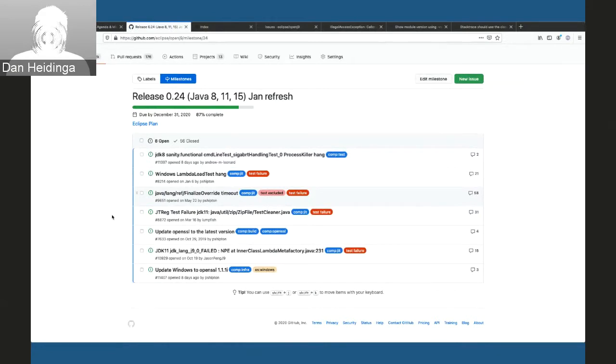With the 8 remaining items, 2 of them are OpenSSL updates, which are more infrastructure than necessarily code changes for us. With the remaining items, do we see a path to getting these resolved for M2? I think most of them will probably be moved forward.